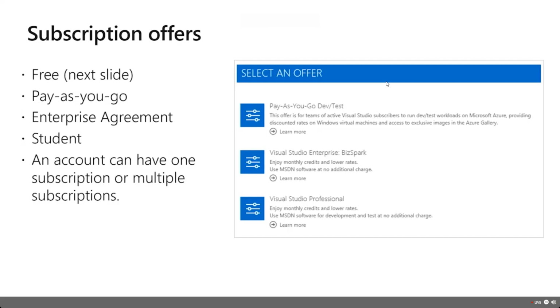But we also have an enterprise agreement. Some of my enterprise customers that may be listening right now, you'll probably have an EA for your organization. And what that is, you've signed up to commit to spend so much in Azure over a 3-year period of time. And based on that commitment level, you get a discount. So your prices are less inside of it. We have a student subscription. When you think about these different types of subscription offerings, they dictate price, but inside of an organization, you can have multiple ways that you acquire Azure for your organization. Now, most businesses will be in an enterprise agreement. Why? It's a great way that we can catalog, get a discount, and work with the environment.